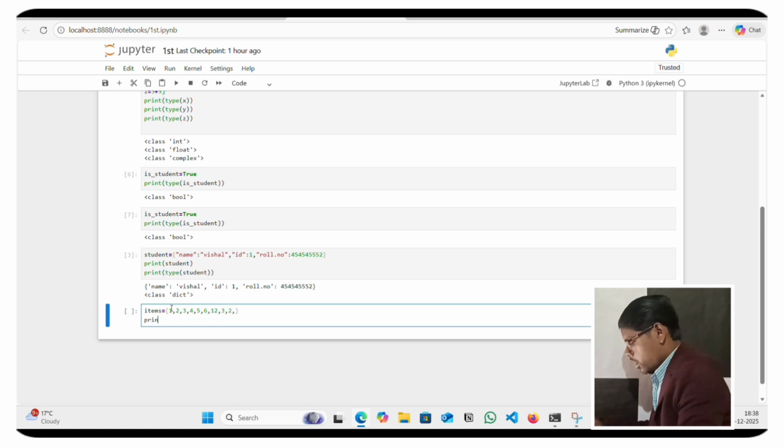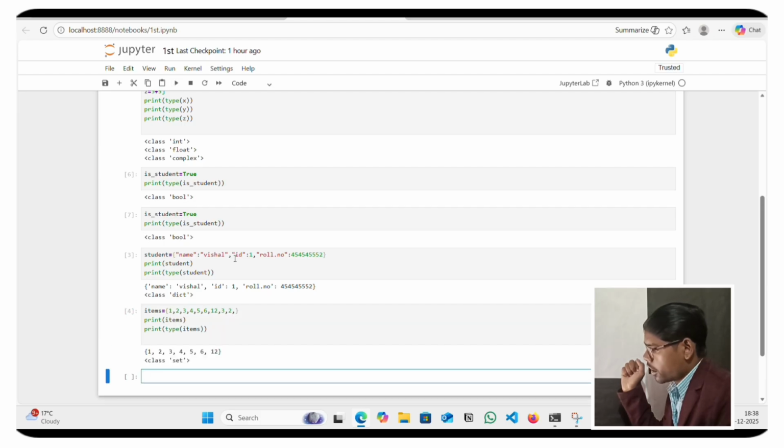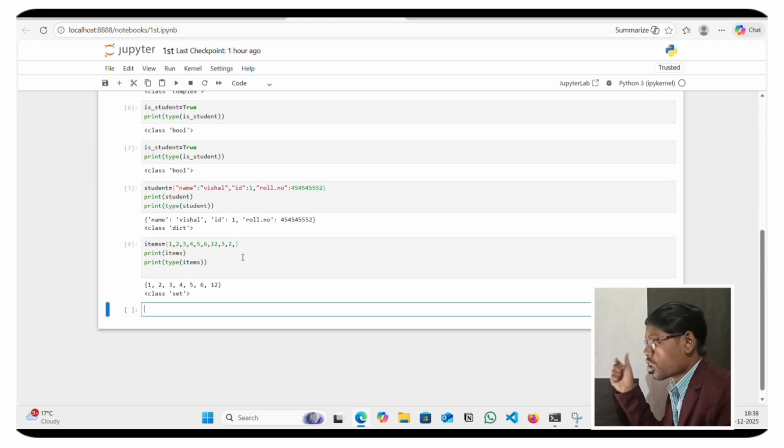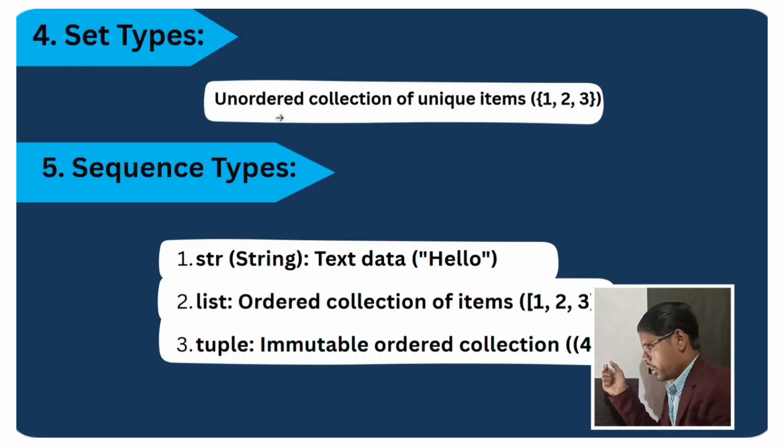I will print items, but it does not contain duplicate items. I will check the data type with the type function on items and run. It contains only unique numbers, not duplicate numbers, and the data type is set.